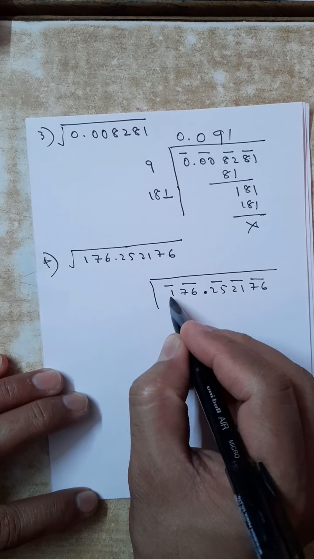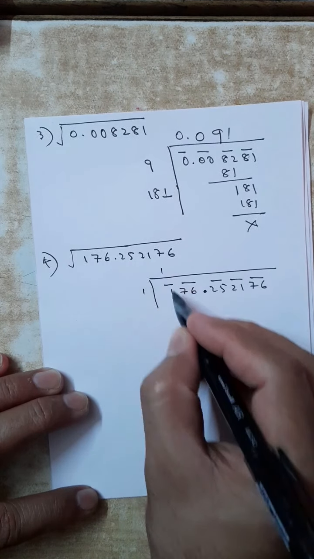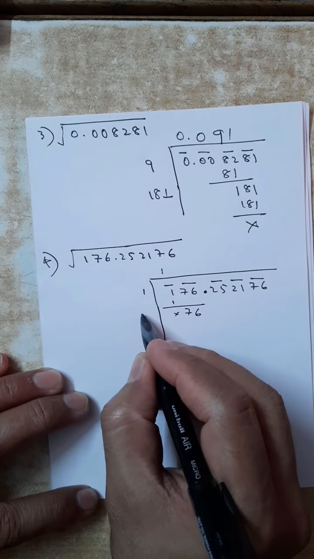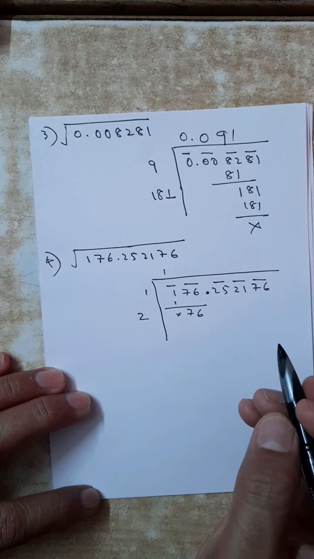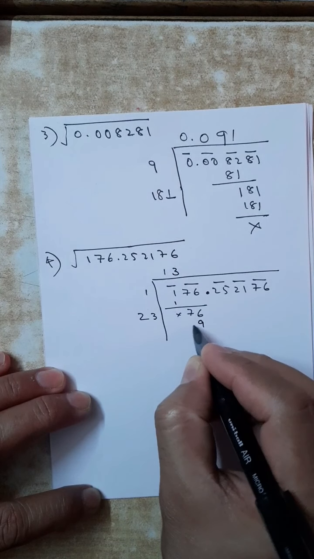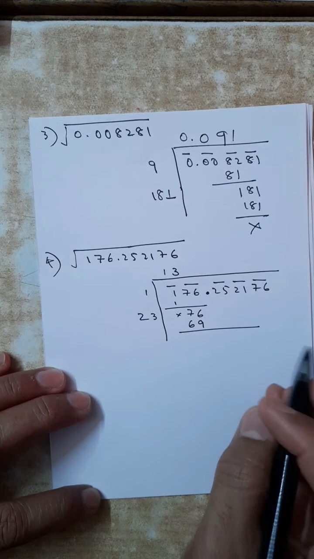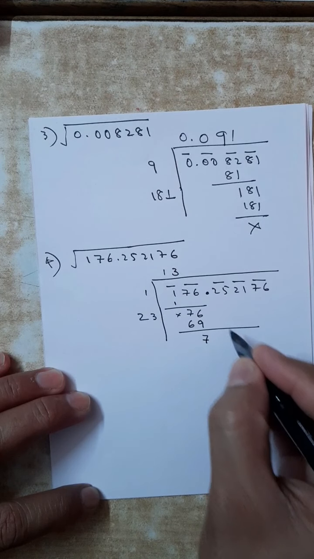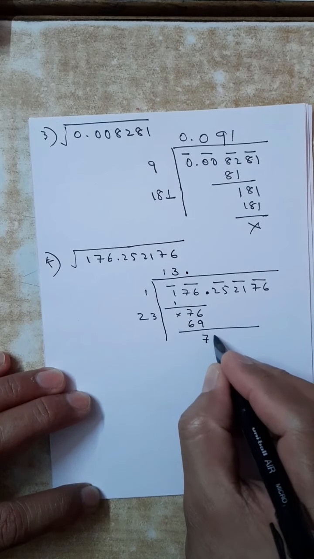First group of 1. In 1, how many times which perfect square will go? 1 1 is 1. Balance nothing. In next group of 76, double of 1 is 2. With the 2, which number will go? 23 into 3: 3 3s are 9, 2 3s are 6. 4 will not go, 2 4s are 8. In 80s it will go. So 69. 7. Now I have to bring the next group from decimal area. So put the pointer. 25.